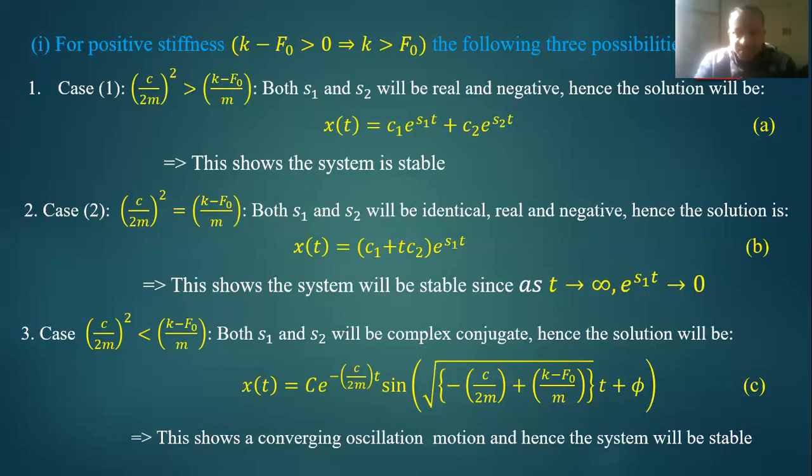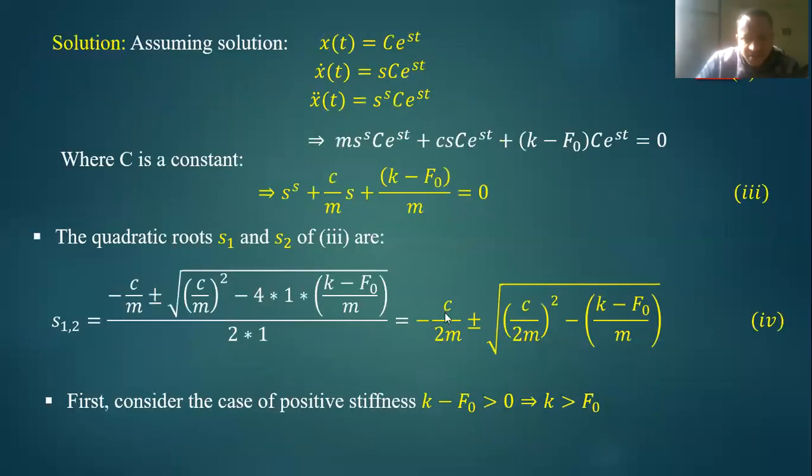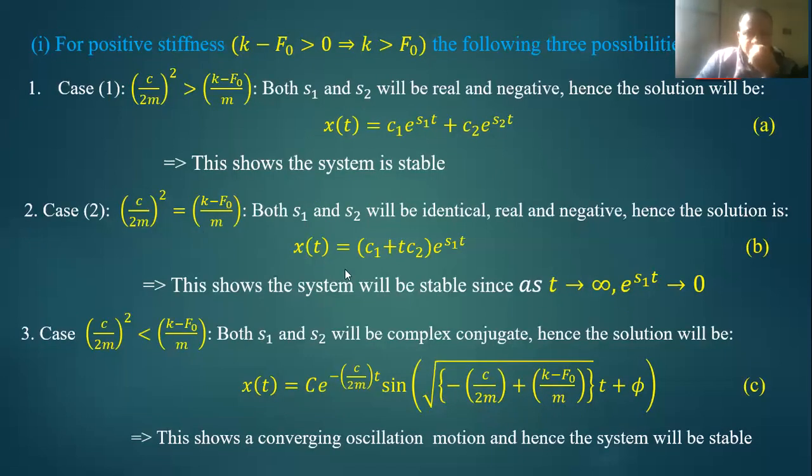This is because the term inside the radical is equal to 0, which means we have only this term left. So S1 and S2 have the same values. During that time, the equation becomes x of t is equal to (C1 plus t C2) e to the power of S1 t. So this shows the system will be stable, since as t approaches infinity,